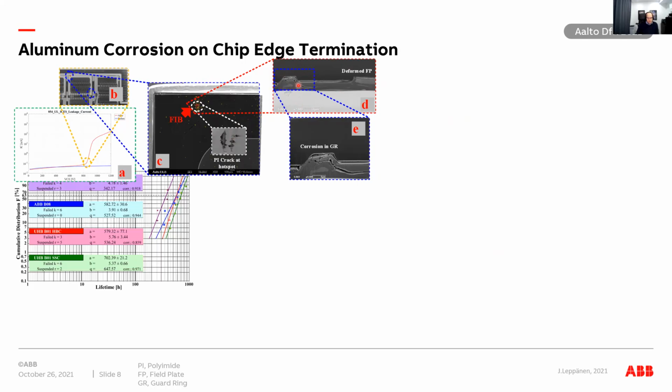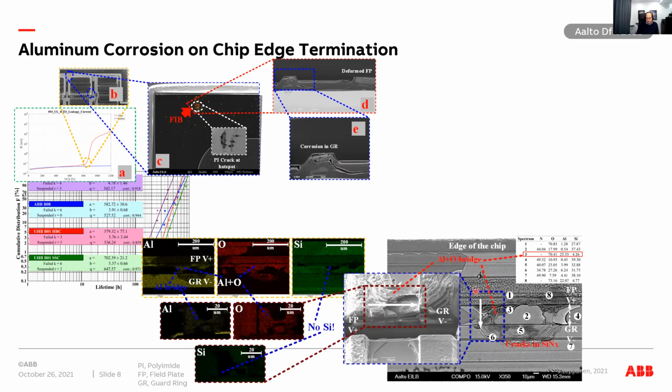And then you can see clearly, when we take a FIB cross section and look into it with the SEM image, that there is corrosion in the guard ring here and deformation in the field plate, and it's clearly in quite bad shape. And then when we look a little bit deeper, if we go into a top view image and remove the passivation by oxygen plasma etching, we see that between these 2 guard rings, for example, one of the guard rings is really badly corroded,